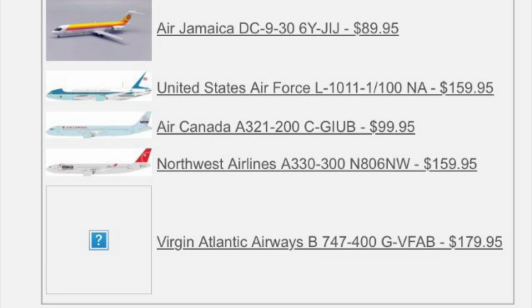Moving down, we have an Air Jamaica DC-930. Very cool again. 6 Yankee Dash Juliet India Juliet is the registration. And then it looks like an Air Force L-1011. This might be a fantasy aircraft. Yeah, I think this is a fantasy aircraft, because I do not recall the Air Force having any of these,